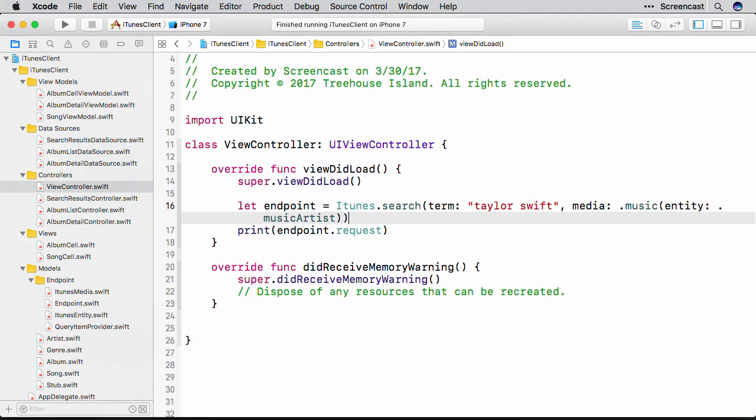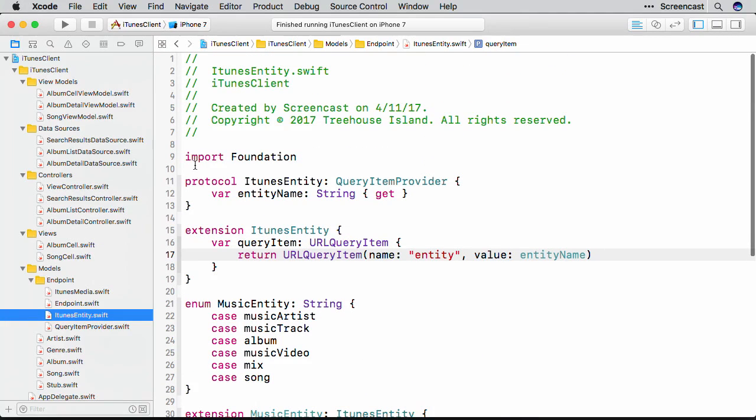Because all of this code is just typing out a bunch of enums, we're going to copy-paste it in. In the code snippets section of the teacher's notes, look for the iTunes entity.swift, iTunes attribute.swift, and iTunes media.swift files. So go ahead and replace the contents of iTunes media and iTunes entity files with all of this code. So let me go ahead and do that. Go over to iTunes entity, and then I'm going to grab all the code,